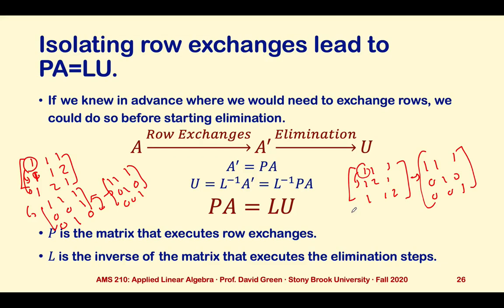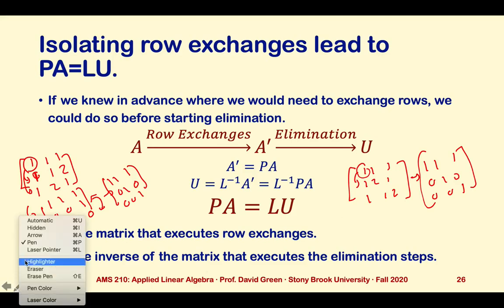Right? This can always be done conceptually, although how you identify what row exchanges are necessary may need you to actually go through elimination steps to try to sort out which ones you would need. But you can always then conceptually go back and say, let me apply those up front and then move forward